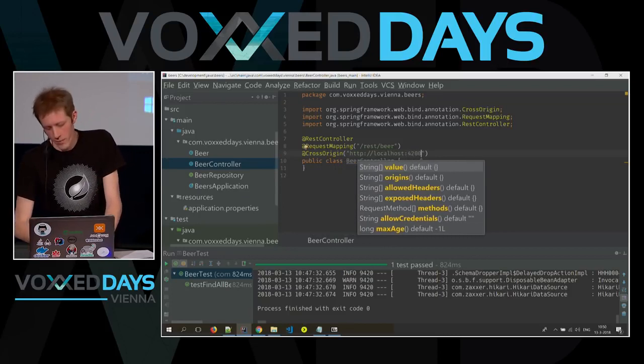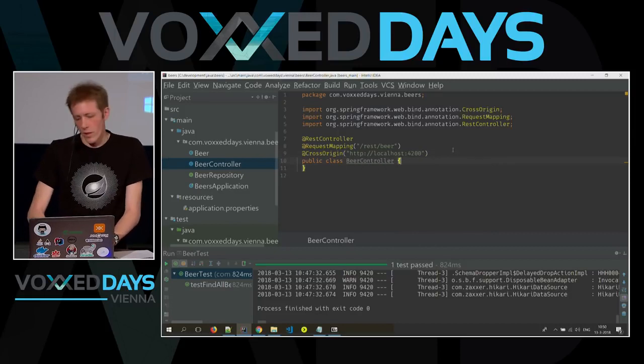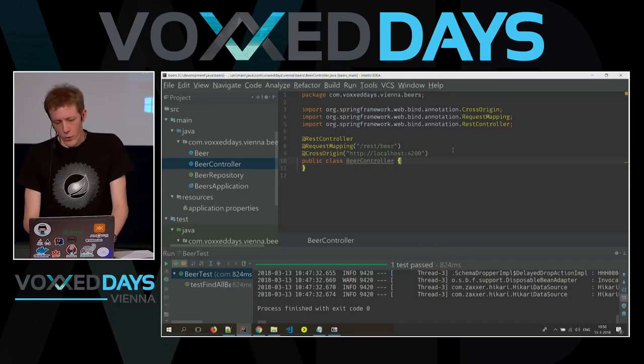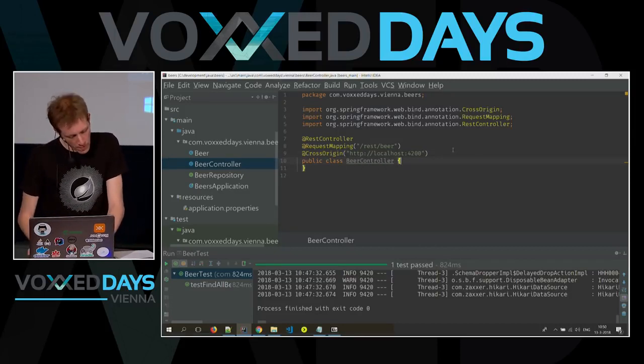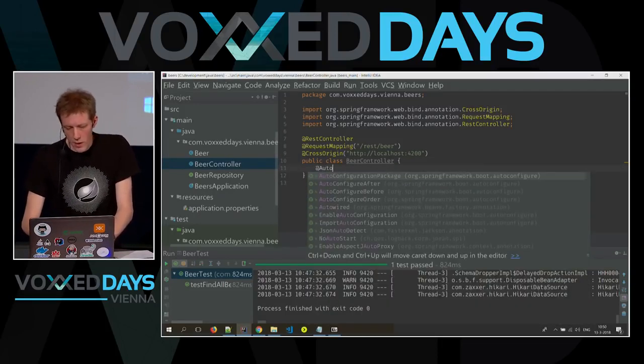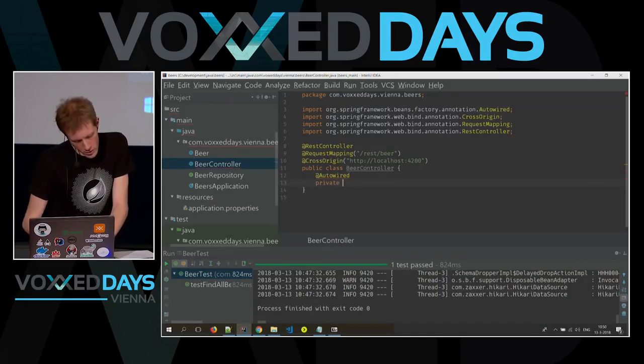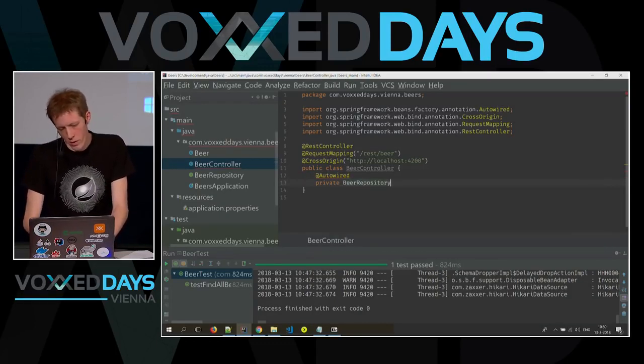Just for this demo, right? And the Angular front end will run at 4200, so that's why it's there. We need to also wire our beer repository here, like that.